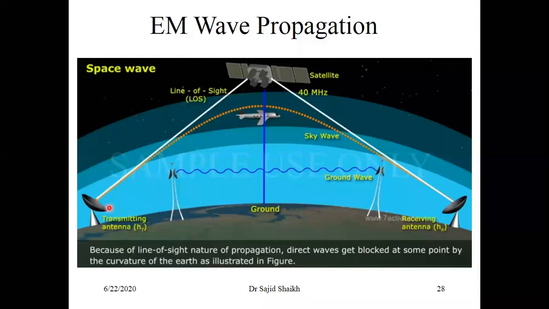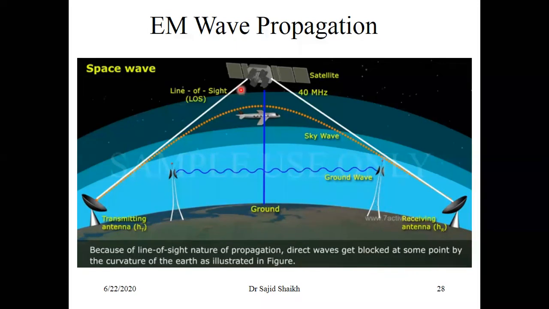We know that space wave propagation is suitable for high frequency. In space wave propagation, the transmitted signal from the transmitter has a very high frequency, and high frequencies penetrate the ionospheric layer. This means these high frequencies are not reflected from the ionospheric layer, so for high frequencies skywave propagation is not suitable, because the ionosphere does not reflect these high frequencies. High frequency waves will pass through the atmosphere.